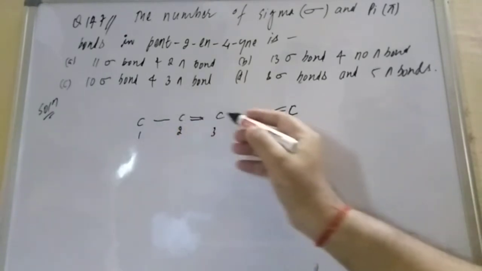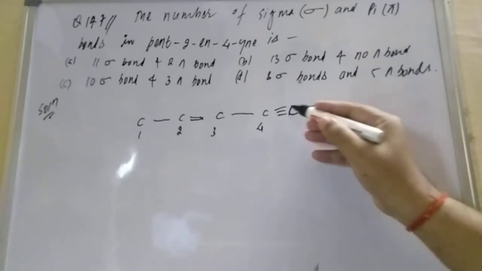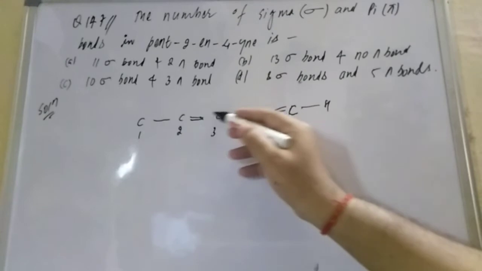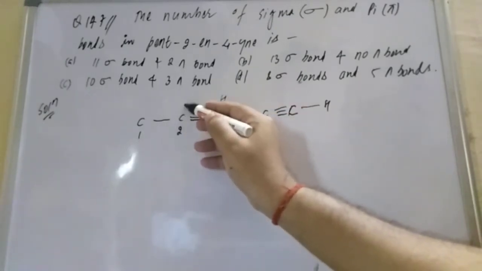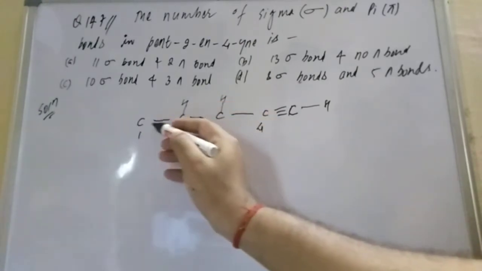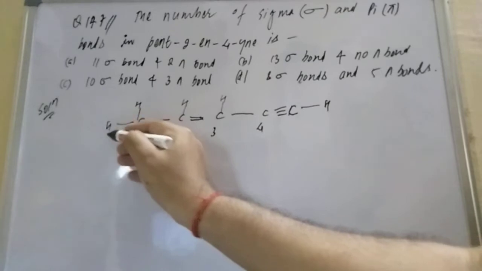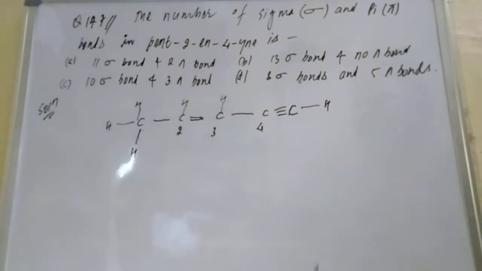Here is the single bond, here is also a single bond, here is the carbon valency we are matching. So 4 3 1 4, here is 3 1 4, and here is 1 2 3. So upside one hydrogen will go. This 2 1 3, upside one hydrogen will go, and here are the 3 hydrogens. So you can check it out, student. This is the structure of pent-2-en-4-yne.